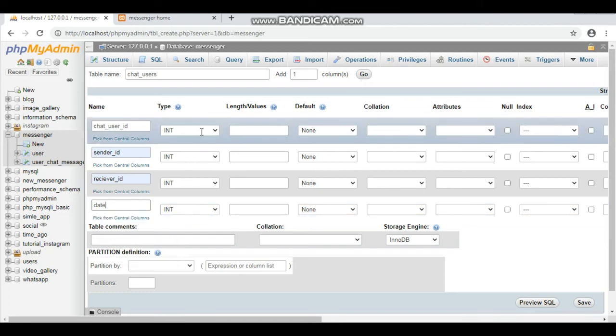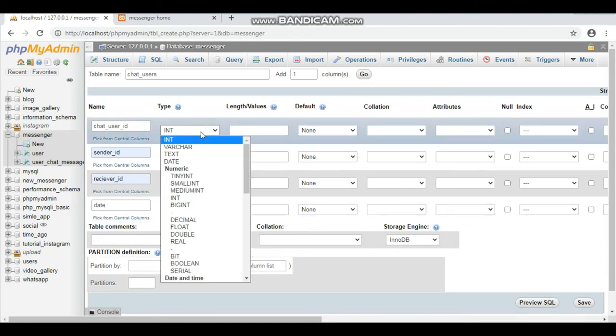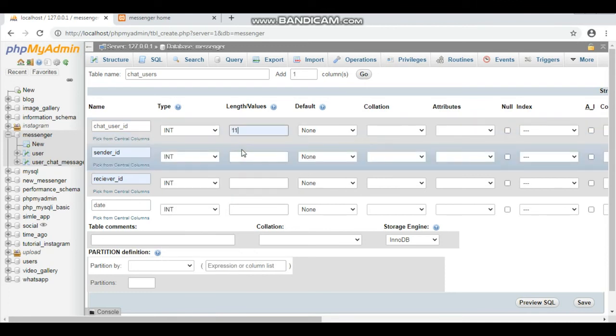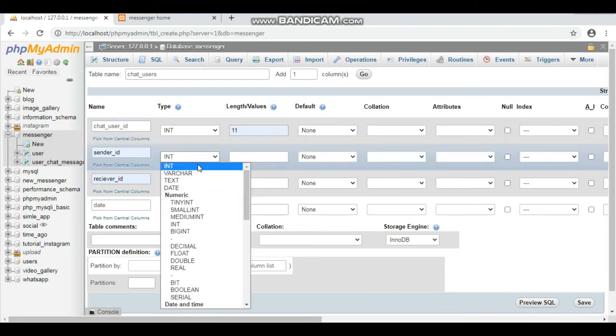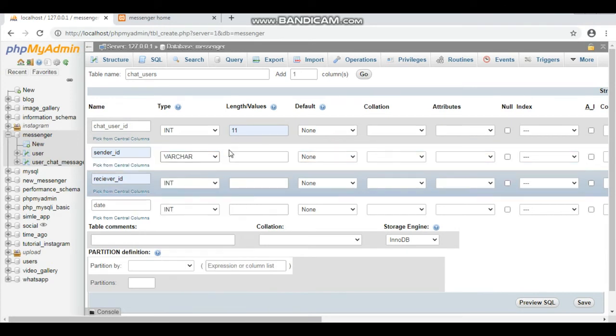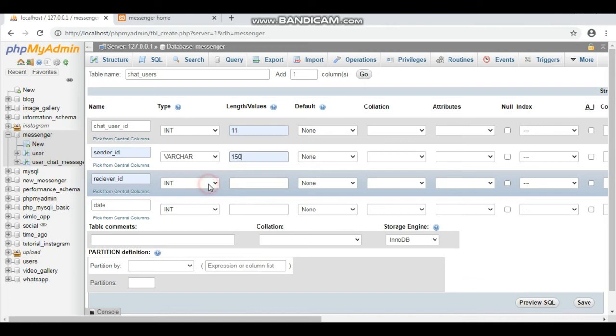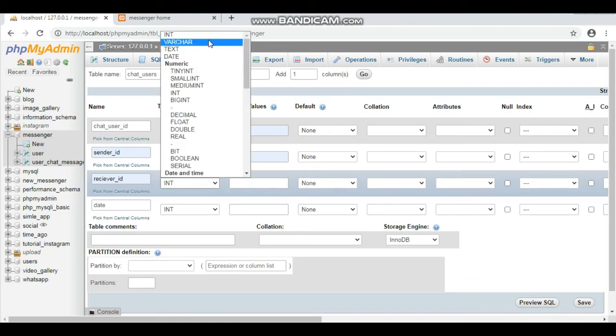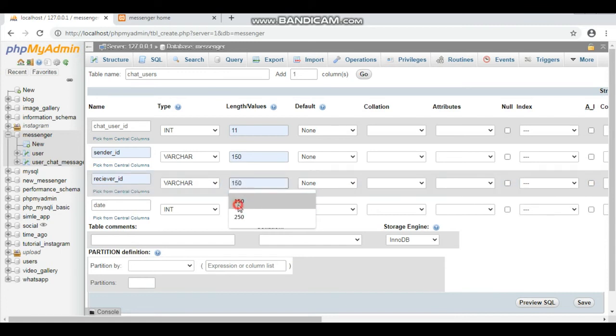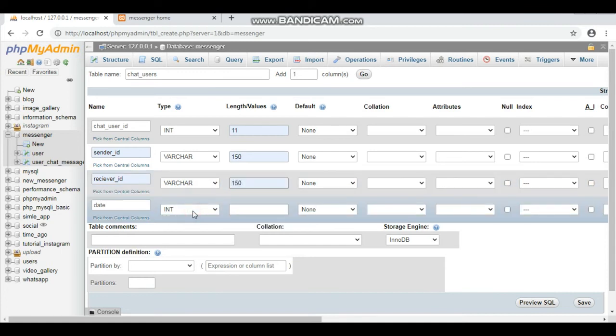Here chat user ID set to type integer, length is 11, and then sender ID, type is varchar, and then length is 150, and then receiver ID, type is varchar, length is 150, and then date set to timestamp,